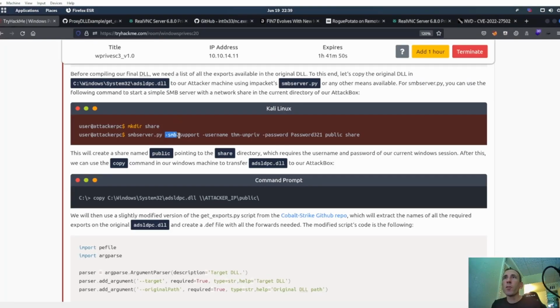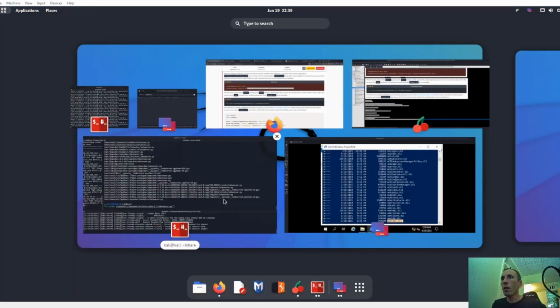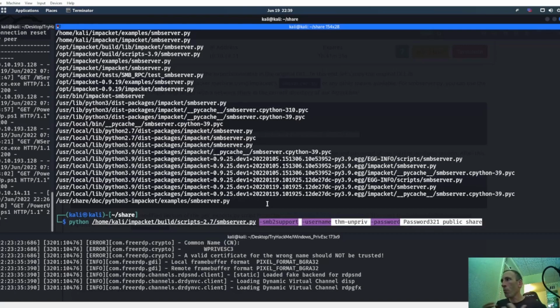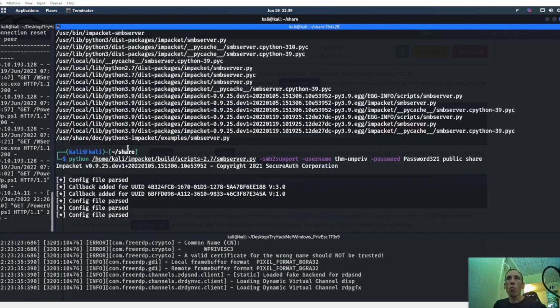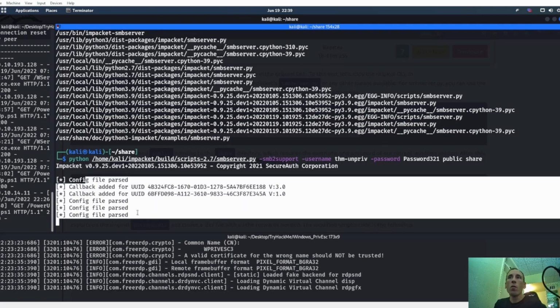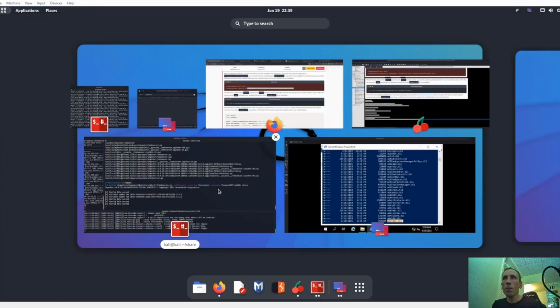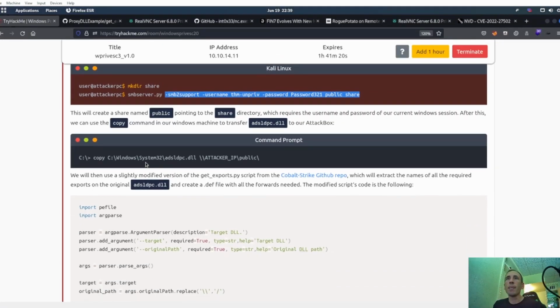Okay, so there, smbserver.py. The username, the SMB2 support, the username THM unprivileged, password pass321, public share. Remember, we made that share. This will create a share named public, pointing to the share directory, which is right here, which we made within root. And as you can see, we now have this right here. Now what we need to do is send that file back over to us from the Windows machine